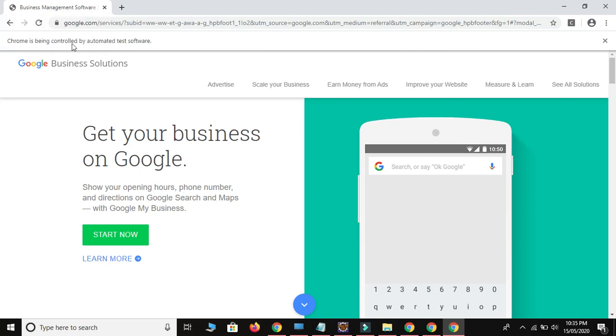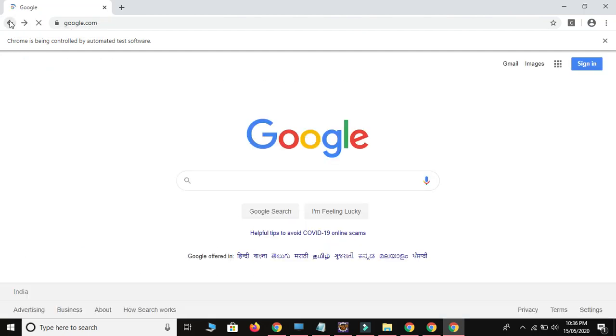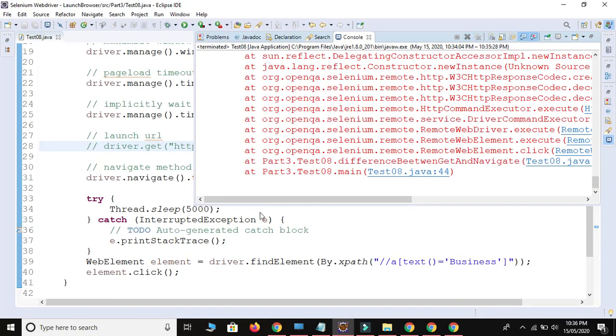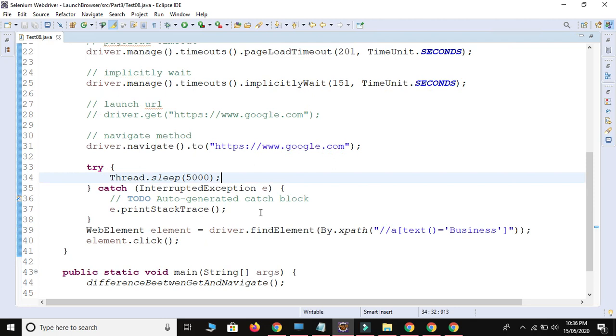Okay, but I need to click on this backward button, but when I right click on this button, I am not able to see the inspect option. So how to perform some backward activity to come back again to the parent web tab? So it is possible using navigate method.